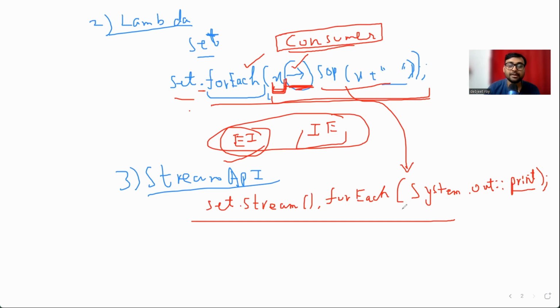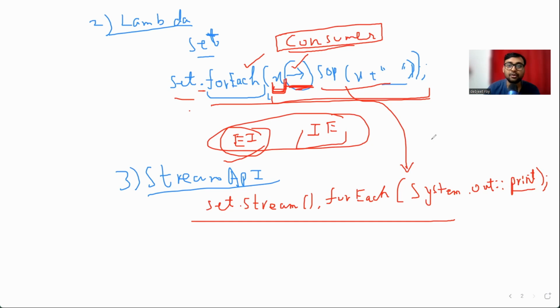Okay, so basically method reference also works with functional interface. Lambda function also works with functional interface. So basically Lambda function can be replaced by functional interface as and when required, but not always. In some scenarios only, Lambda function can be replaced with functional interface. So if you can understand, let me show you,